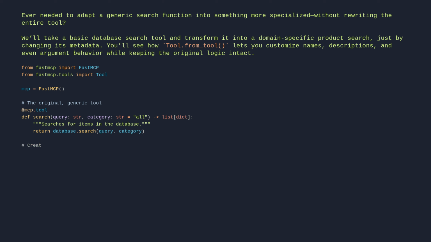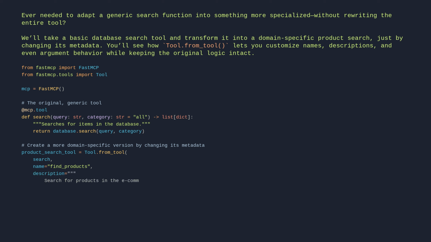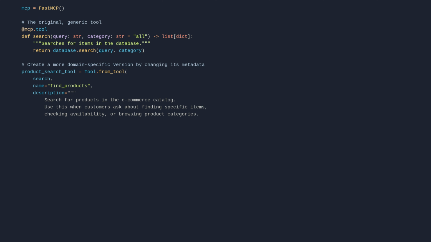# Create a more domain-specific version by changing its metadata. product_search_tool = Tool.from_tool(search, name="find_products", description="Search for products in the e-commerce catalog. Use this when customers ask about finding specific items, checking availability, or browsing product categories.") mcp.add_tool(product_search_tool)